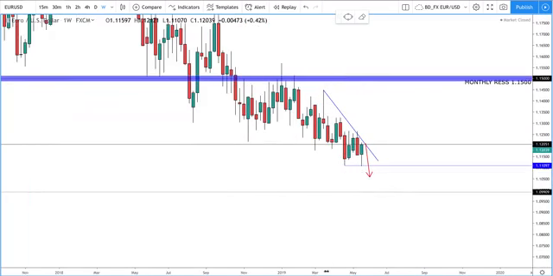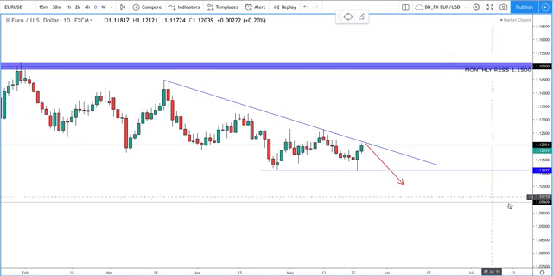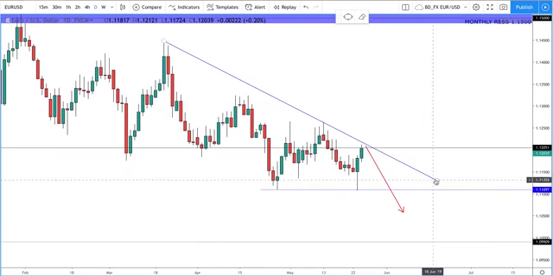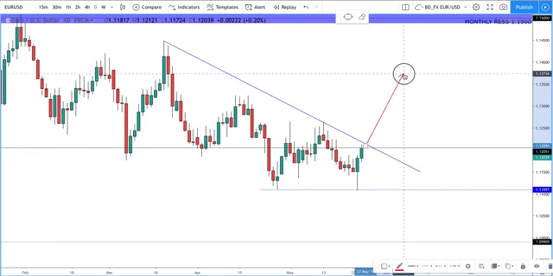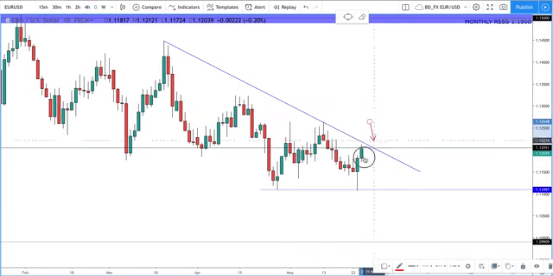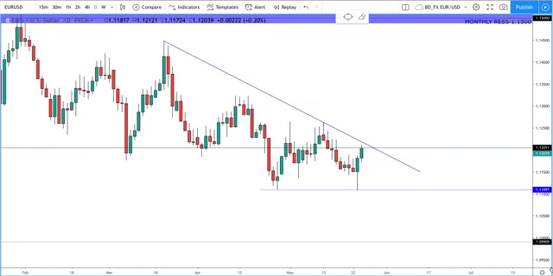Obviously, a lot of people will see this pin bar on the weekly here, rejecting this level, and we're looking at taking longs. But what we have to bear in mind is that we have this trend line resistance here, and we have this resistance at 1.1200. So I'm going to be watching to see whether we reject here and push down, or we actually manage to break up to around these levels, come back to retest this as support, and then from that level be looking at taking long trades. So keep an eye on that. That's on my watch list for next week.